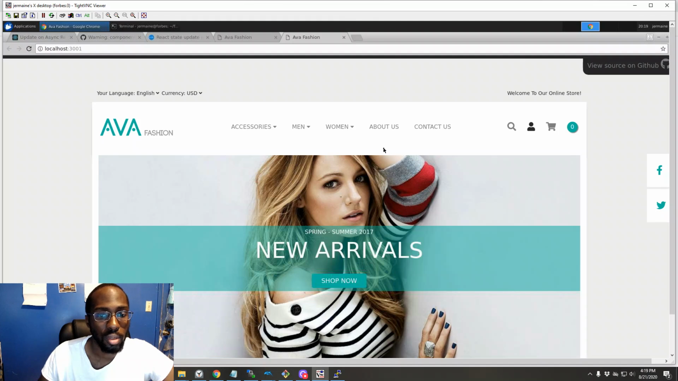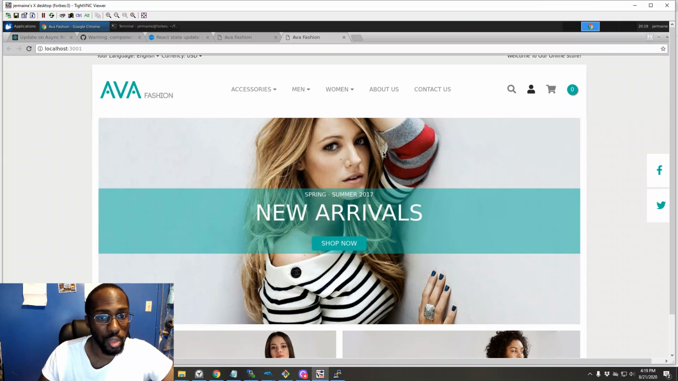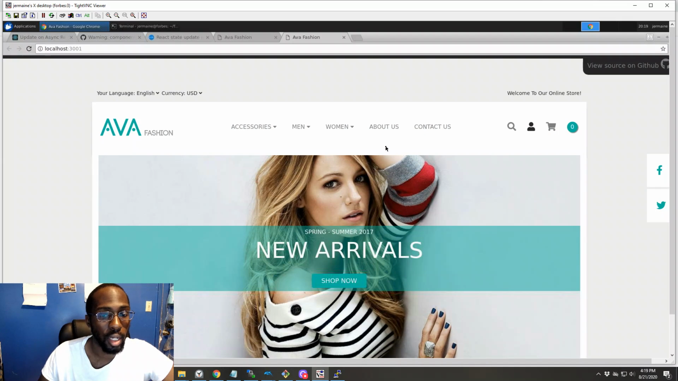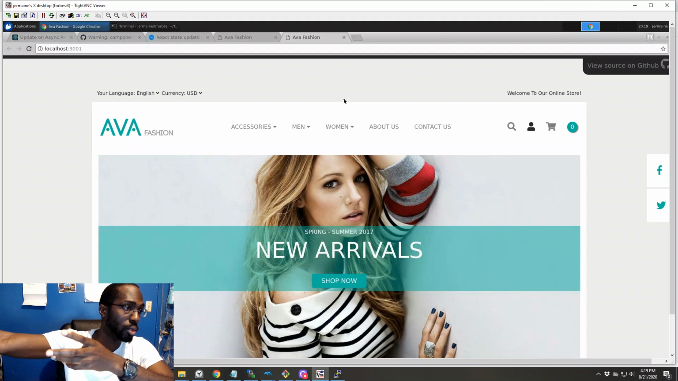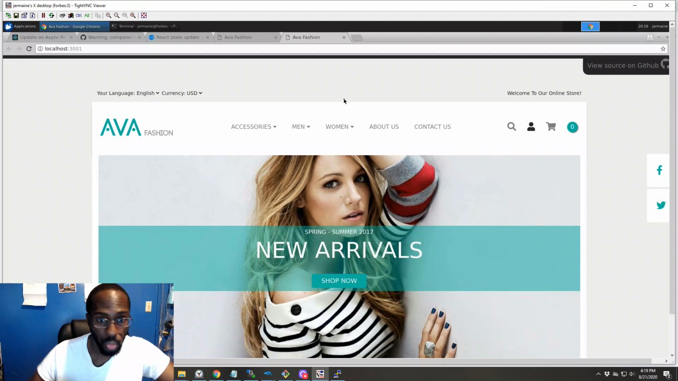So essentially, this is a fake e-commerce website, and I created the backend with Laravel. Laravel is a PHP framework, and the database is MySQL. So essentially, I'm making API calls or requests from Laravel, which grabs the data from MySQL. And this application,